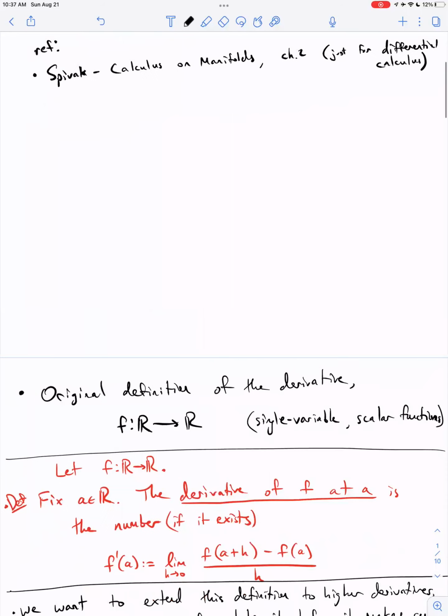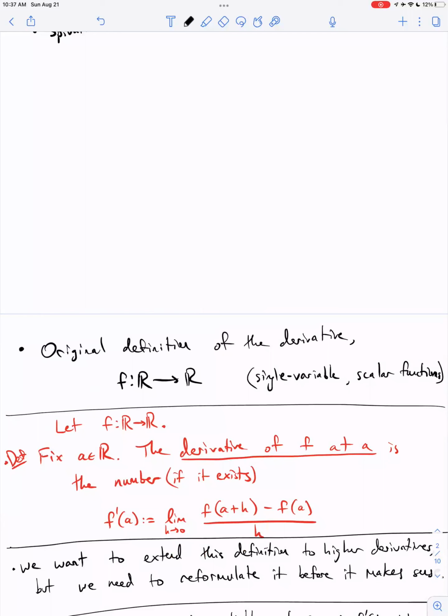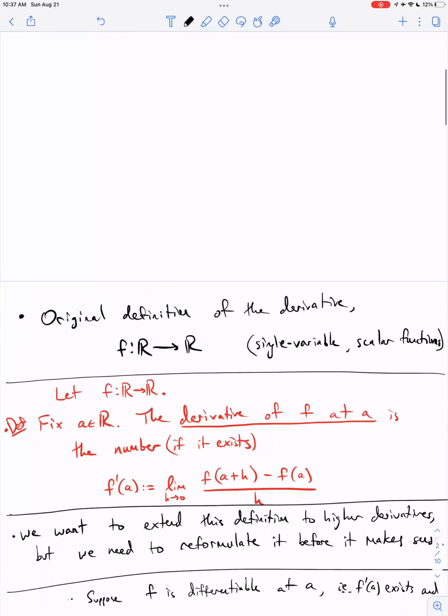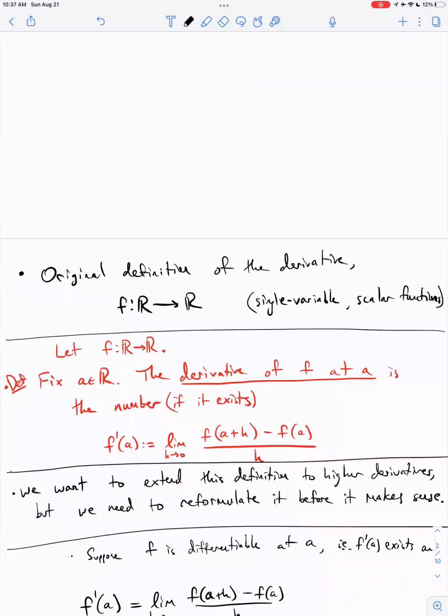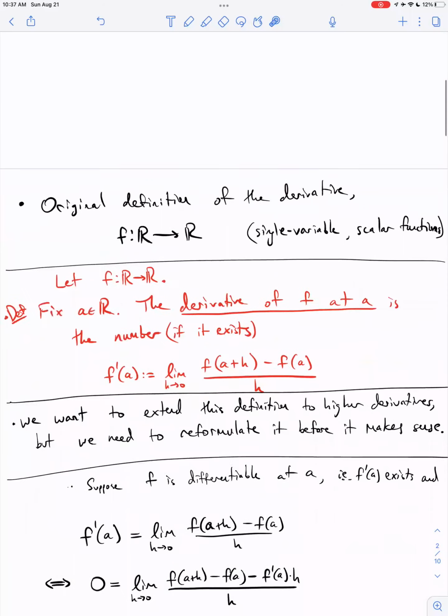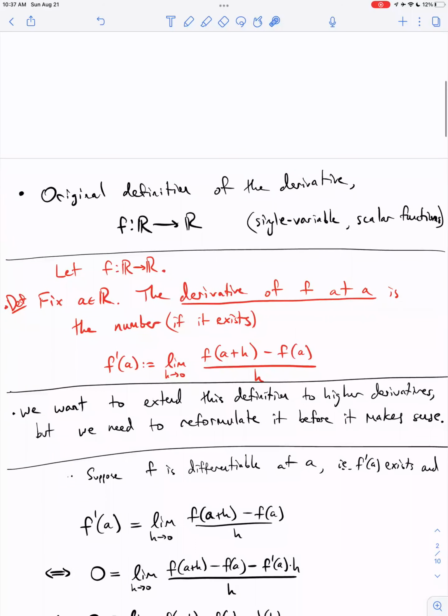All right, so let's talk about the derivative in multiple dimensions. I'm going to assume that we know the derivative in one variable calculus, like Calc 1. And I think there's nothing wrong with that definition. So let's start with a function from R to R. So a single variable function, meaning you only have one variable going in, and then it's a scalar function, meaning you only have one